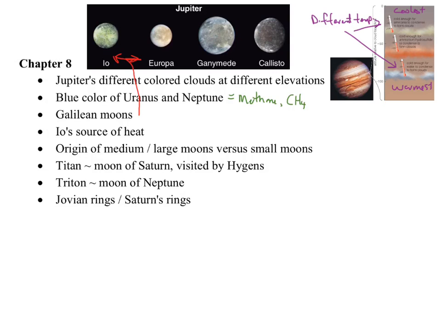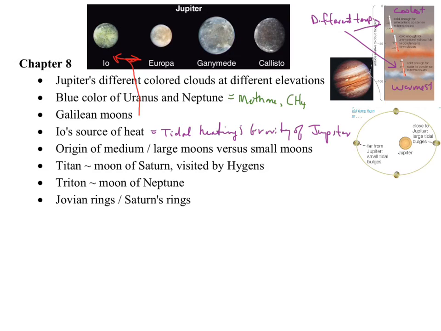Oh, and before I move on, Europa, and Ganymede and Callisto, we talked about how Europa has an icy crust, and underneath its icy crust, it is most likely liquid water. Let's see, Io. Io is the innermost Galilean moon, and Io is pretty darn small. And Io is very